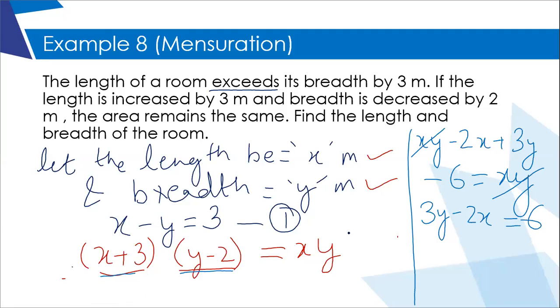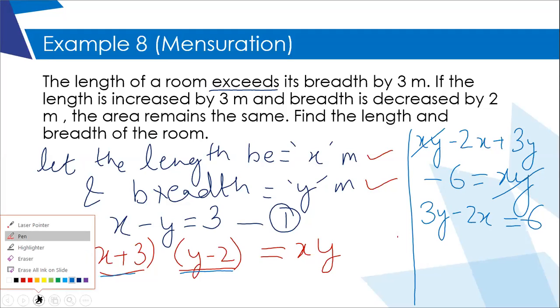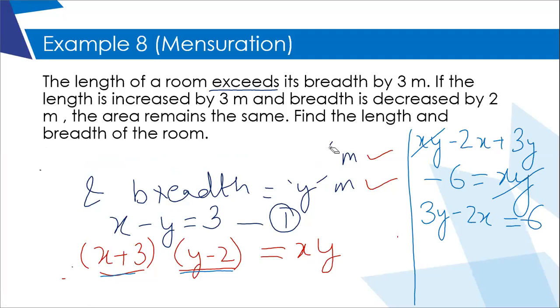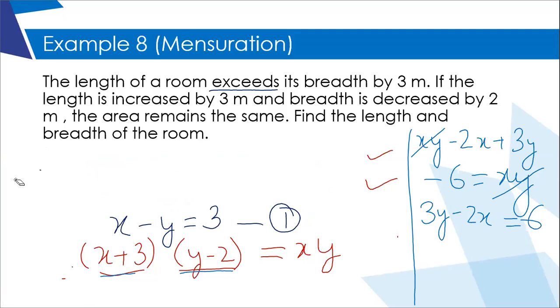Ma'am, we will multiply the first equation by 3. Yes, very good. Instead of y, I had kept it as x minus 3. Why have I kept it as x minus 3? Ma'am, that's what I was saying, that if you are using the same variable, then you will not get two variables. In the first one, if you are using the same variable, then it will not be a linear equation in two variables, because you are only introducing one variable. Yes, ma'am. So that way also you can do, but since I'm doing this, I would prefer that I use two variables.